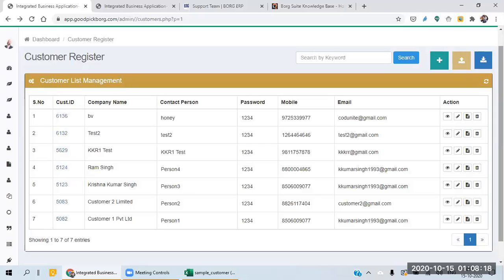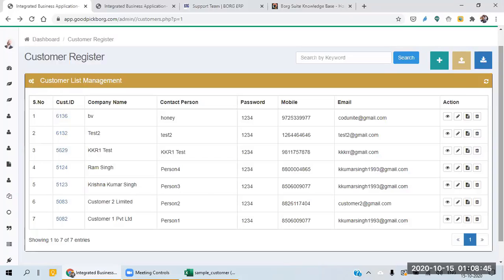Once you set the lead status to converted, that lead automatically creates an entry in the customer database. The lead will remain in the lead management table, but one copy of it will be created in the customer database.